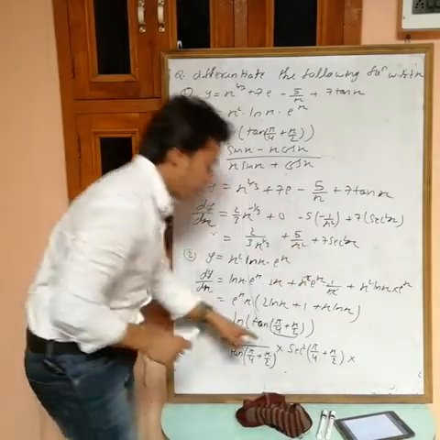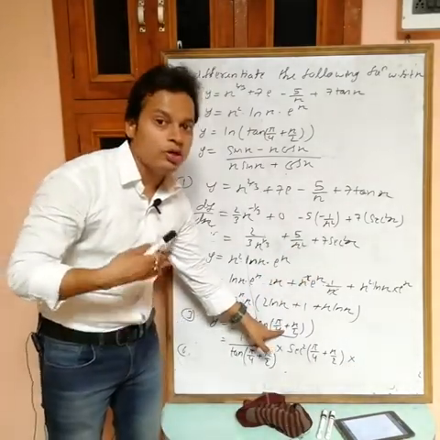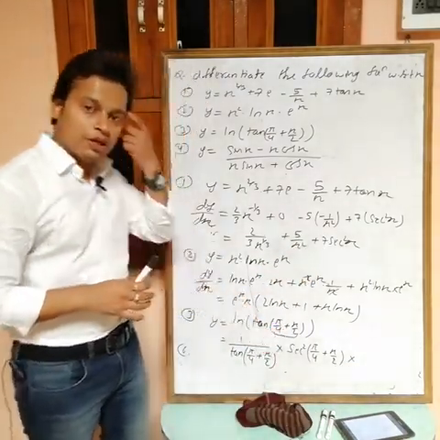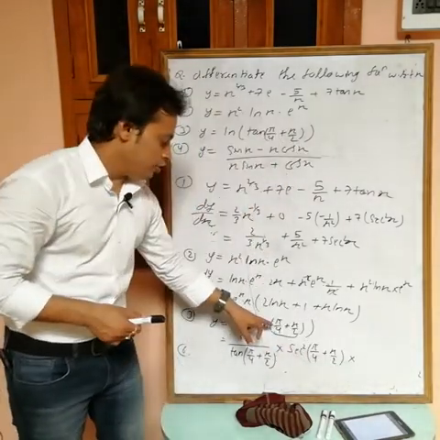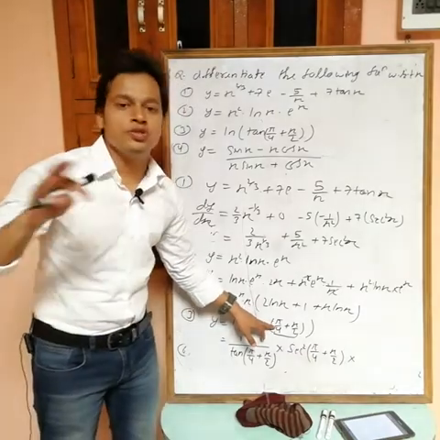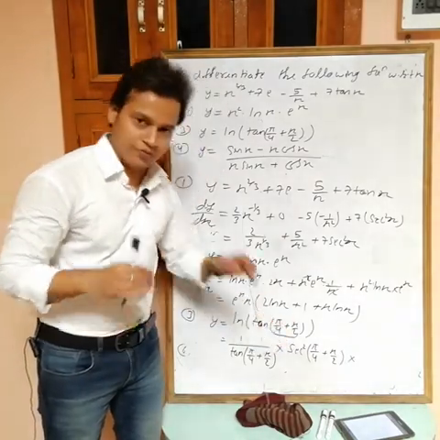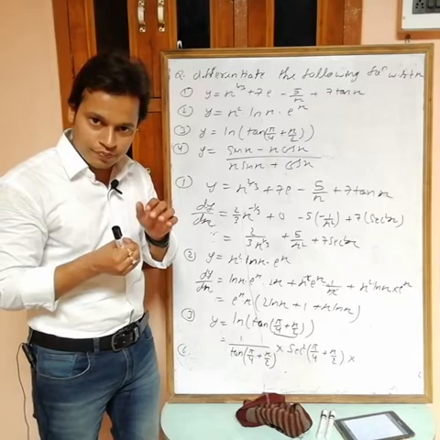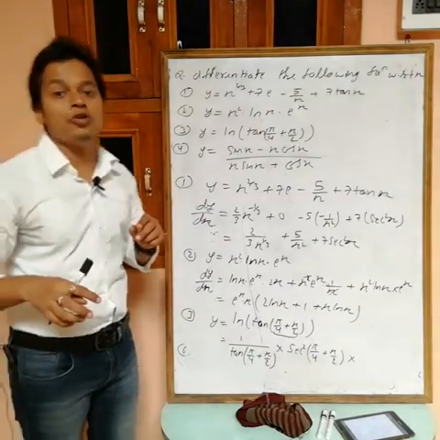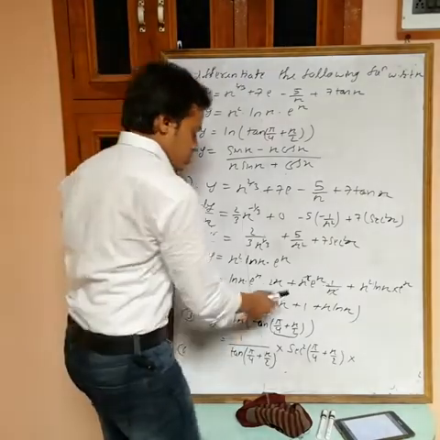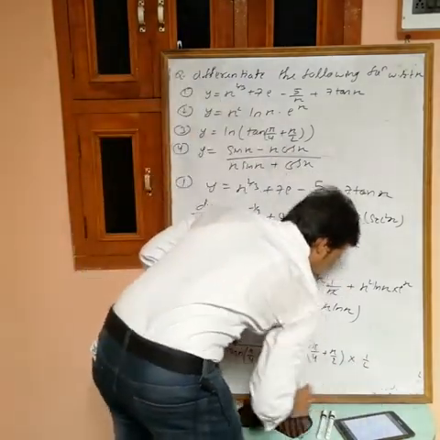Now again we are assuming this one x, so you have to differentiate this one. Differentiate this one and multiply the derivative with this. Differentiation of pi by 4 is constant, 0. Differentiation of x by 2: 1 by 2 outside, constant, then differentiation of x is 1, by using the formula of x power n. So differentiation of x by 2 is 1 by 2.